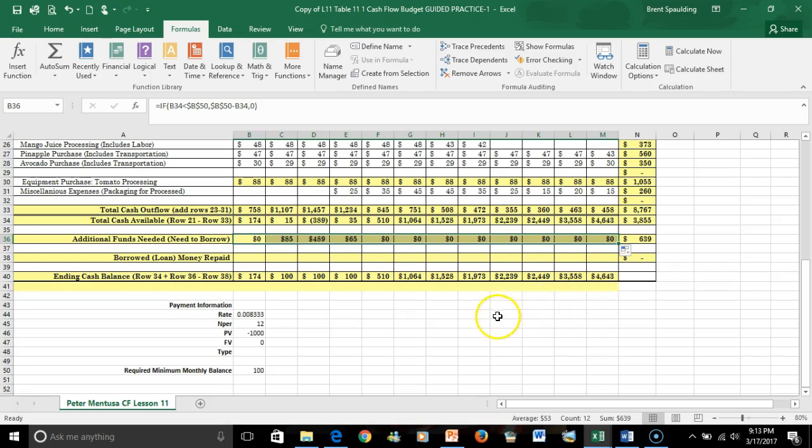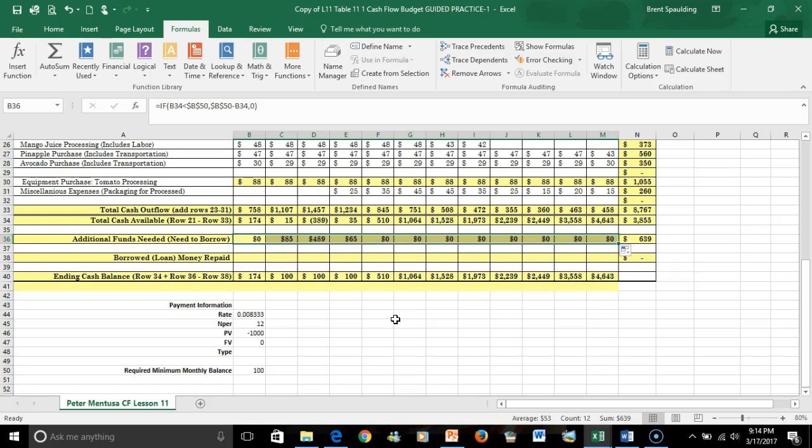Okay, so we need to find out how much we're going to be able to pay back, and it gives us that information in the last bullet in that section. It says if any of the values in row 34 are greater than the minimum amount, a minimum $100, and the money has been borrowed in a previous month, Peter would be interested in using some of that excess cash available to pay a portion, if not all, of the borrowed money back. Okay, so it goes through and explains that, and it's simply saying Peter is going to have excess cash